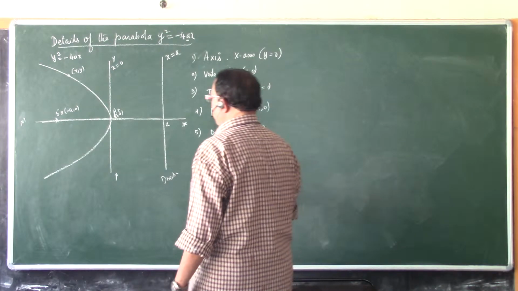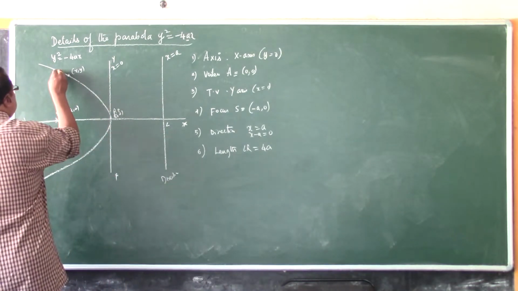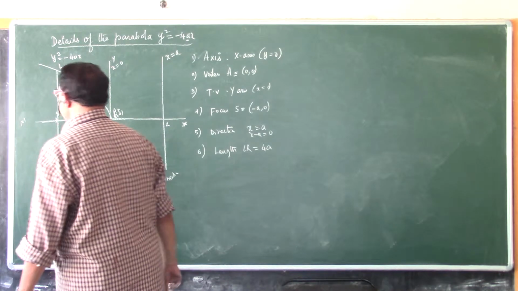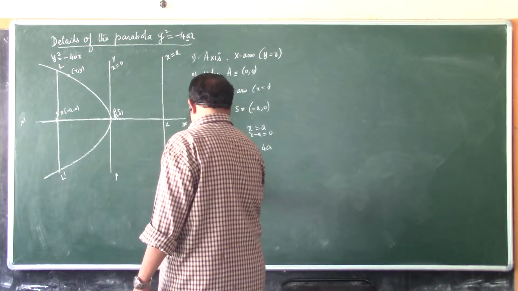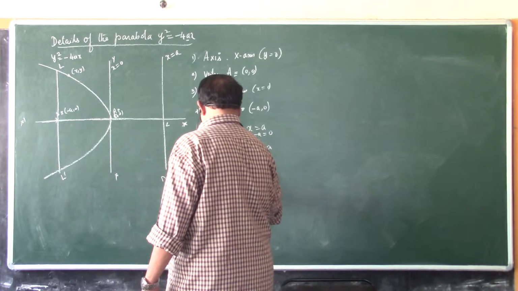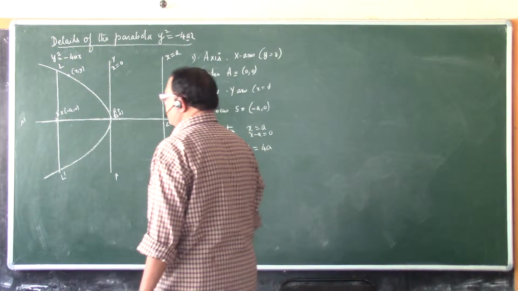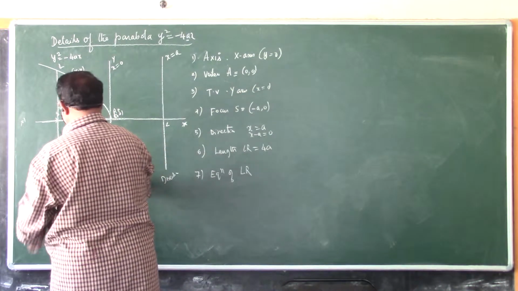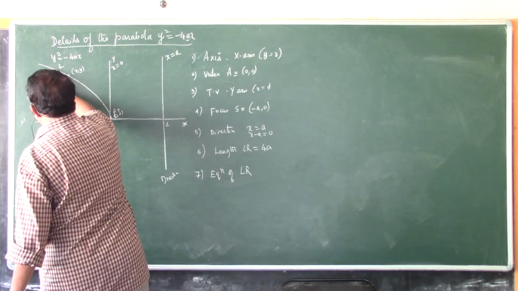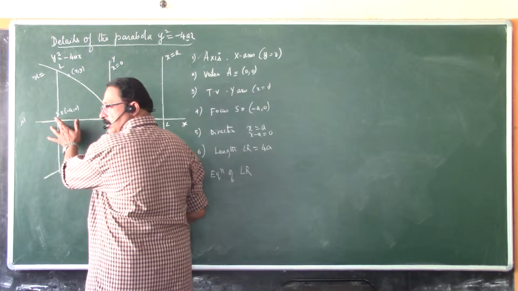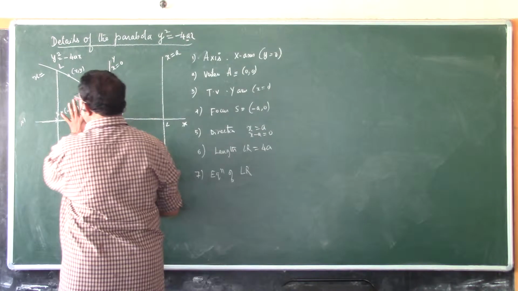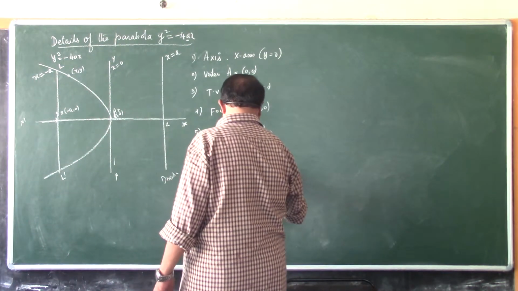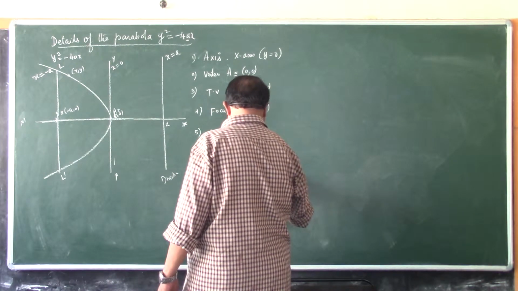always same. Length will not differ. And you know what is latus rectum? It's a straight line passing through the focus perpendicular to the axis of the parabola. And equation of the latus rectum. You know, latus rectum is a straight line parallel to the y-axis, therefore its equation should be of the form x equals, but it is to the left side. So it is at a distance minus a. X equals minus a. So equation of LR is x equals minus a or x plus a equals 0.